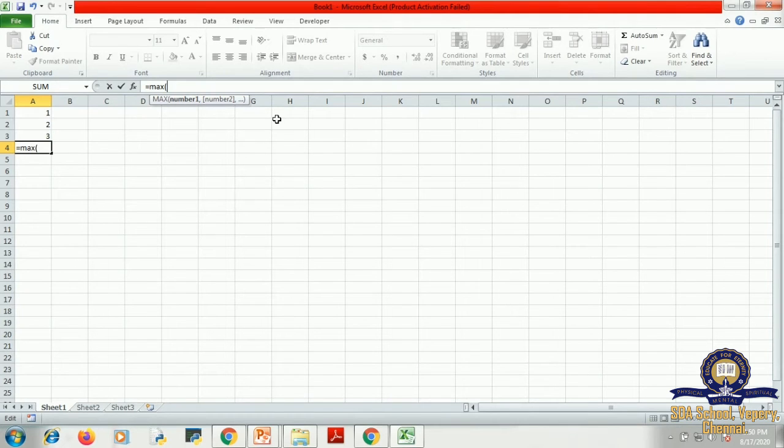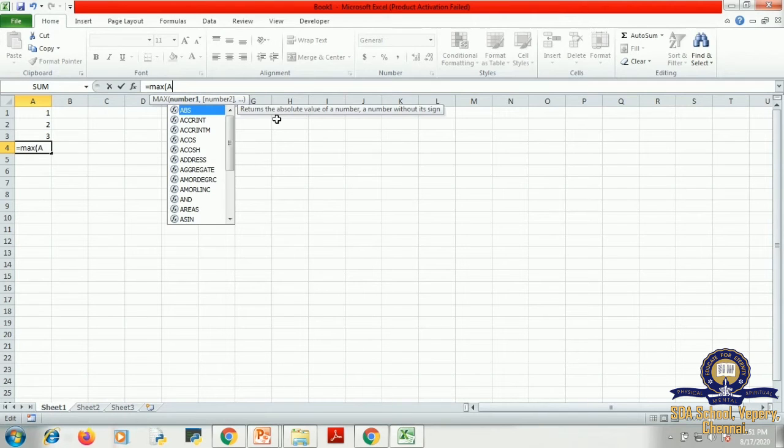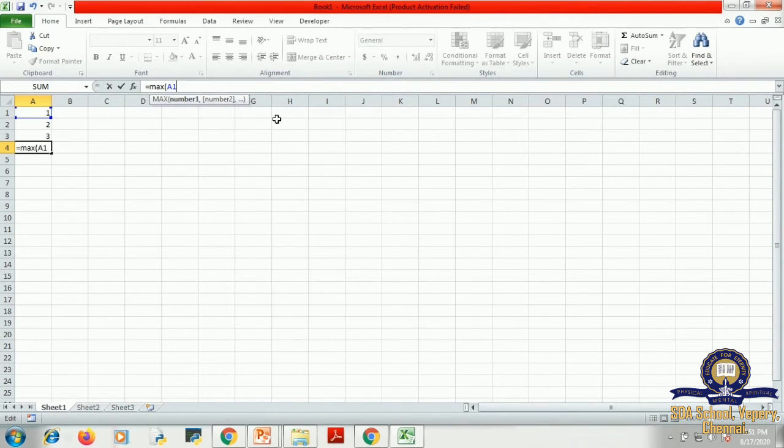Now we have three values. Either you can give them as values or you can give a cell range. I am going to give the cell range A1 to A3. So we have three cells in total. I am going to apply it for the three cells. Give me the maximum value in this cell range. Now it gives me the value 3. Let us see whether it is correct or not. Very good. We got the value 3. Since it is the maximum value, it gives me 3.